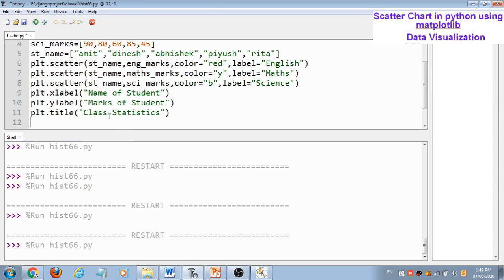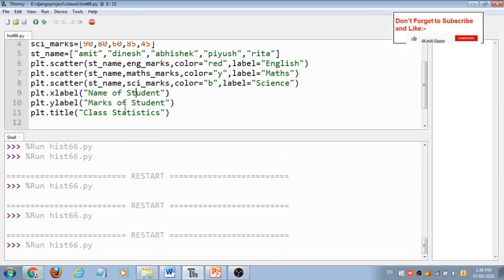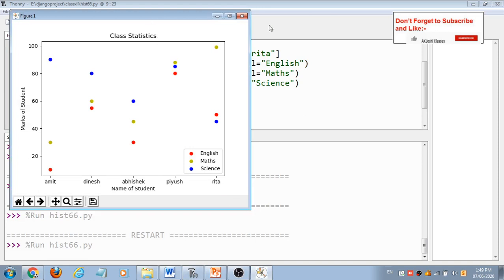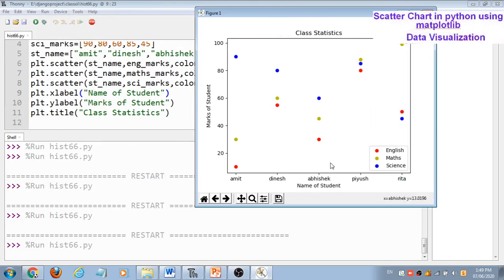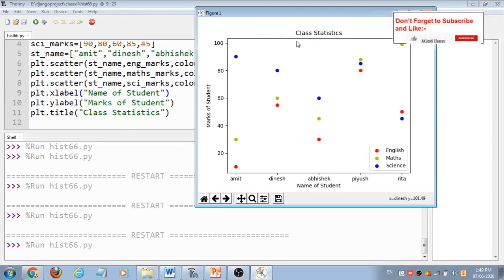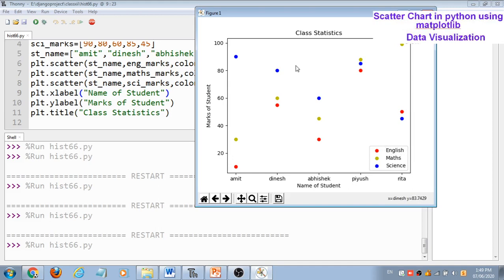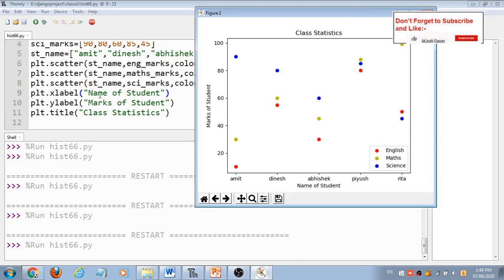Suppose I add here the xlabel and the ylabel, then the title. So we can add these three values at the top. So now the graph looks more good. This is the x-axis label, name of students, then marks, then this title, and this labeling with the different colors. So now it looks more fine and nice.